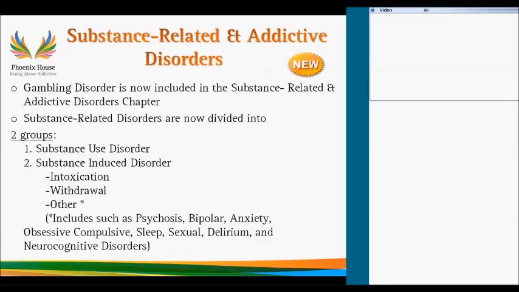So the different substance-related disorders are now in two groups. Everything is now going to be called substance use disorder. So there is no longer substance abuse, alcohol dependence, cocaine dependence, no longer. Everything is now substance use disorder, and everything is going to be based on a severity index, which I really would like people's opinion on also, because I get a lot of feedback about this, and most people think positively of it once you really understand it.